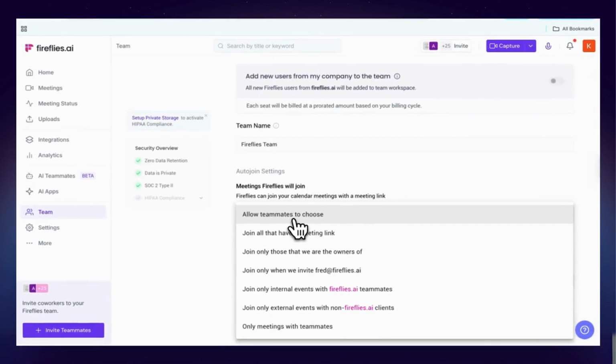Here are your options. Join all that have a meeting link means Fireflies will join every single meeting with a meeting link on the calendar invite. Join only those that we are the owners of means Fireflies only joins meetings your team members actually host. Join only when we invite Fred at fireflies.ai means Fireflies only joins when someone manually adds Fireflies to the